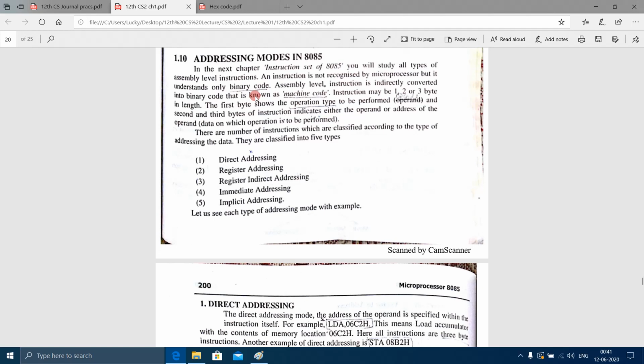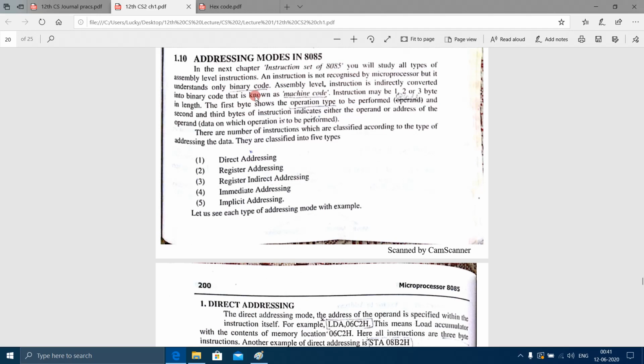For example, I have the instruction add b. I will not give the instruction to the 8085 microprocessor by typing the characters a d d space b. Instead,